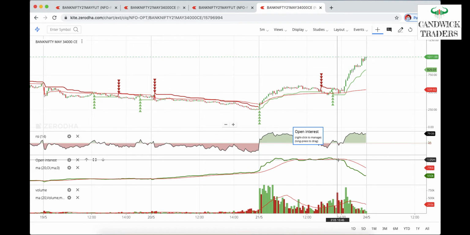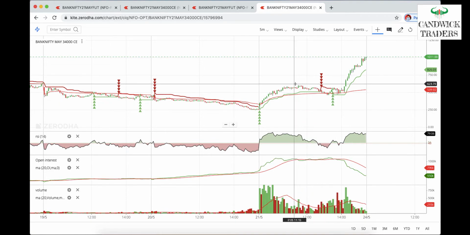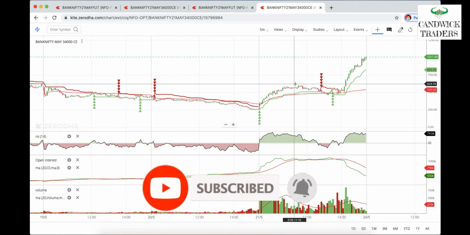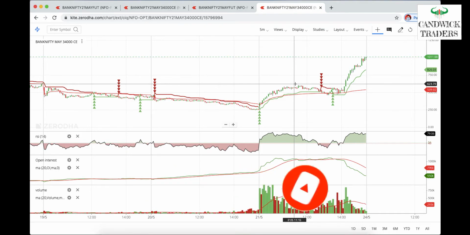In a sense, if you are a seller, you will sell. What kind of calls or puts you will sell? You have to know it will be directional. So you are thinking that the market will not go beyond this resistance, so you will sell those particular calls, right? As well as on the downside, if there is a strong support in the market, it will not break this support, so definitely you are going to sell the puts at that support level, or calls beyond the resistance levels, right?